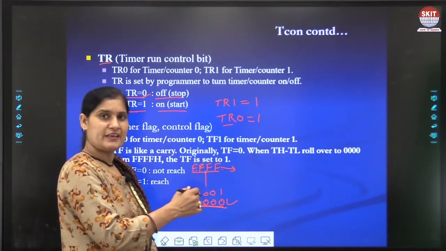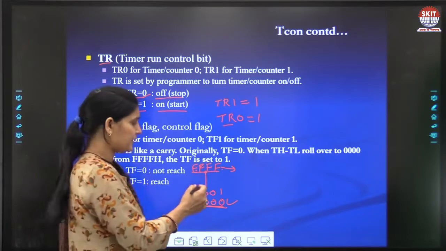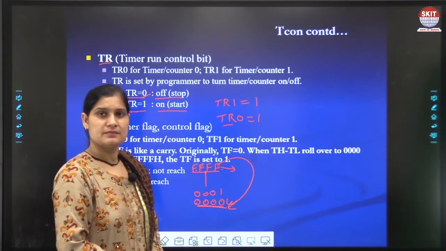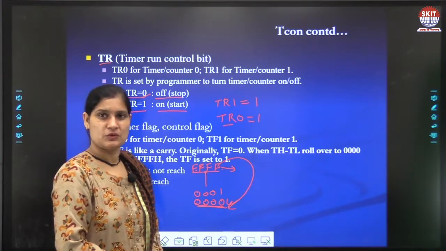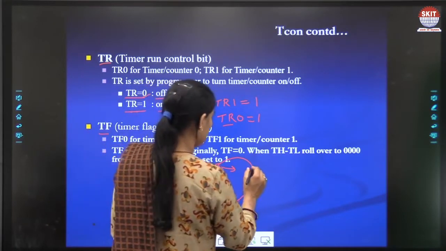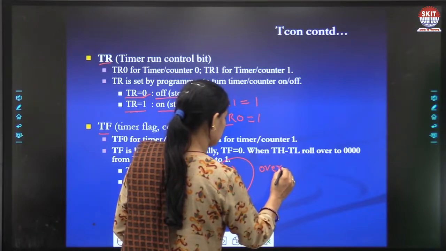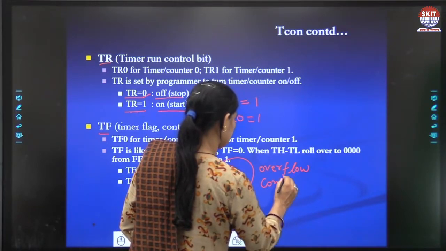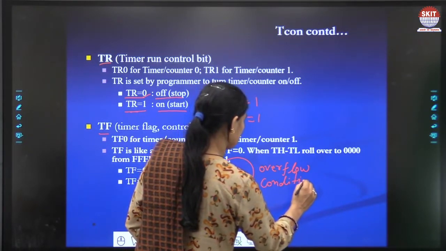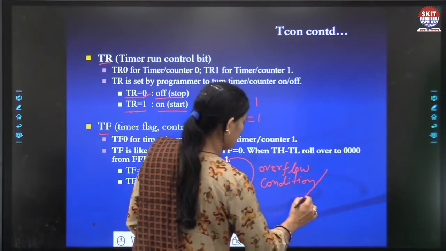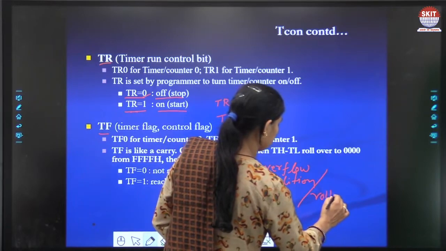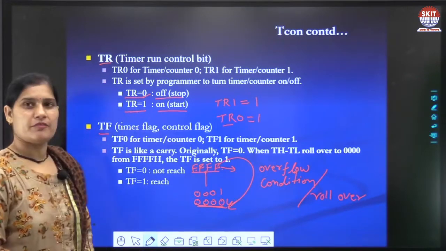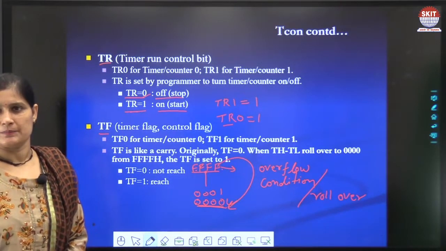After that, if one more clock pulse is given, the counter reaches its initial value again, that is 0000, and this condition is known as the overflow condition, or you can say rollover, okay.